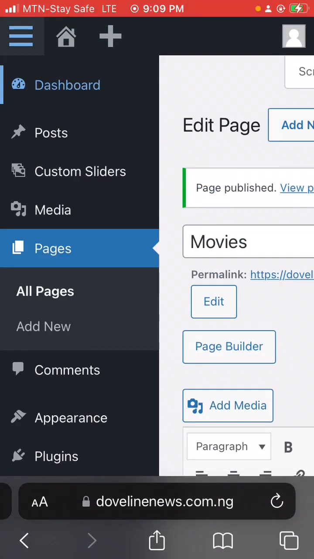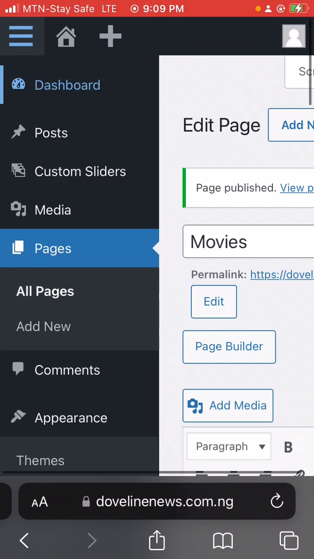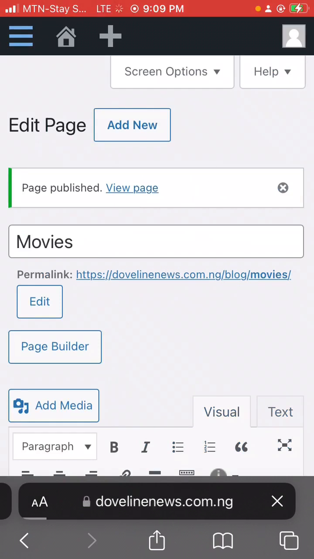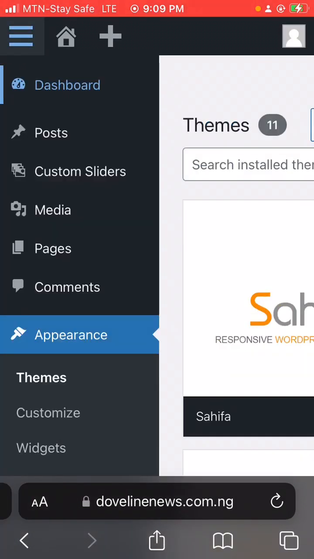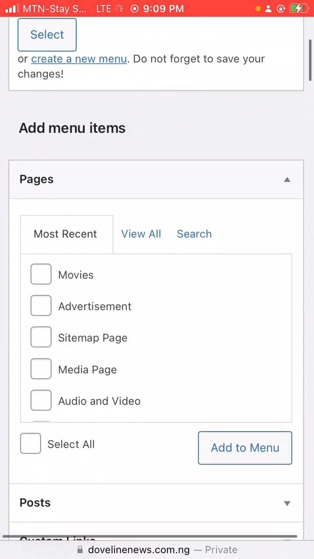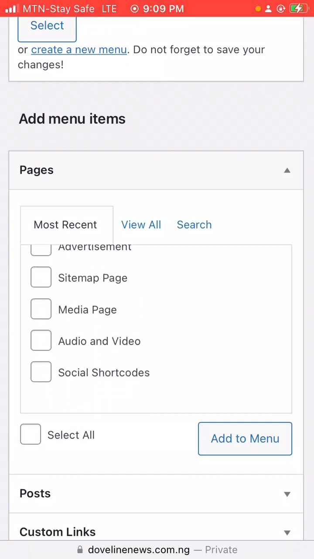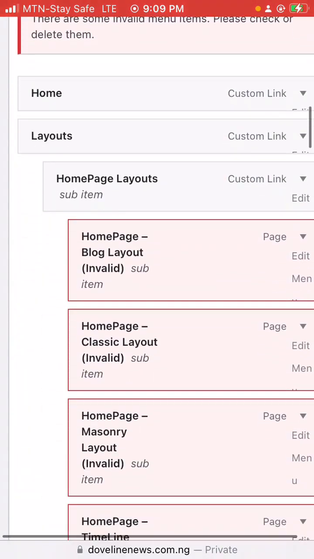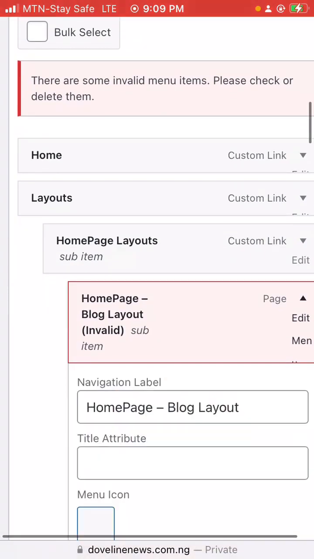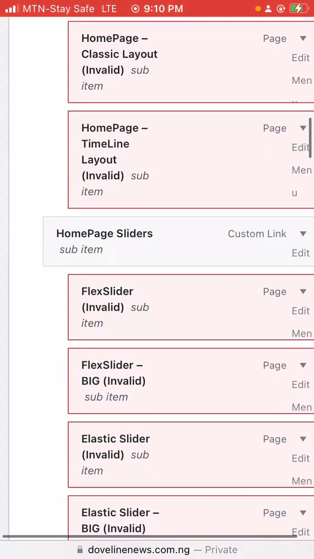So for you to set your menu, come to this theme appearance. Come to this theme appearance. You come to menus. So these are the pages you have on your website currently. So what you do is you can just come here and start removing all of this. Come here, you tap on it, remove. Tap on this arrow pointing down, you remove,